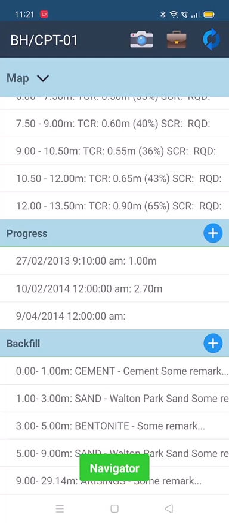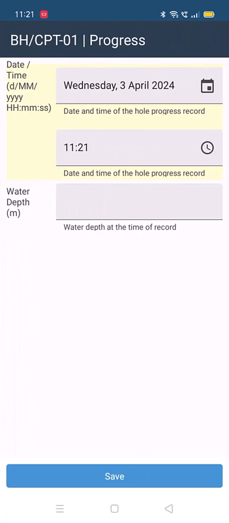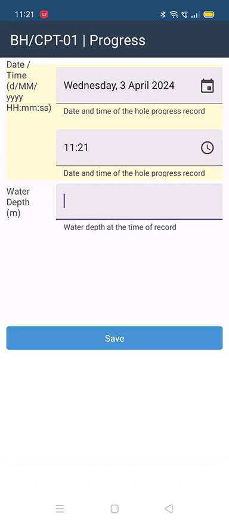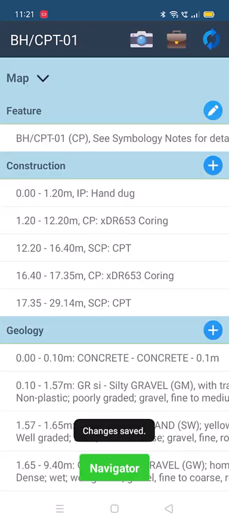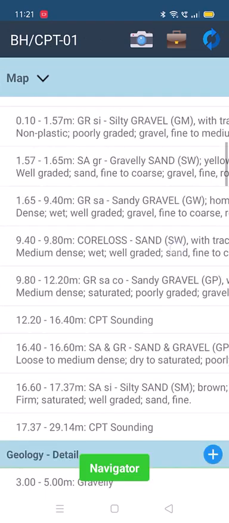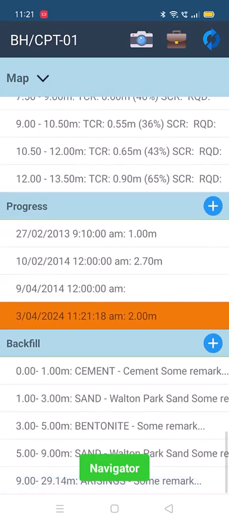There are simple record tables. These are tables that do not have other tables associated with them. When clicking on the Add button, it will take the user straight to the table. From here, the user can add the record, press Save, and this will take the user back to the data entry page. The record that the user has just created will be highlighted orange.